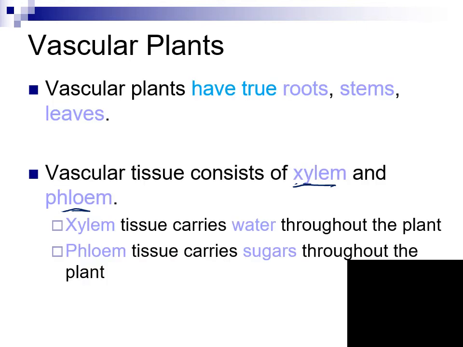Okay, so we come to the vascular plants, and we've used this term several times. This is our next step up, and these are plants that have what we would consider true roots, stems, and leaves. And so that means that they have the vascular tissue, the tubes inside that can carry the nutrients and the water. And so we do differentiate between these two different types of vascular tissue, xylem and phloem. And xylem is the tissue that carries water up and down, and phloem is the tissue that carries the sugars or the nutrients. So there's a lot more we could say about this, but that's all we're going to say